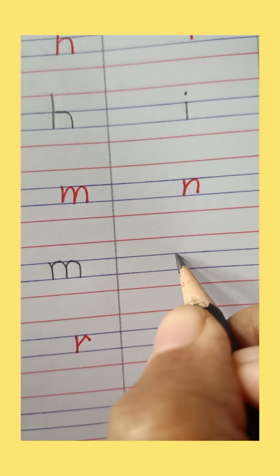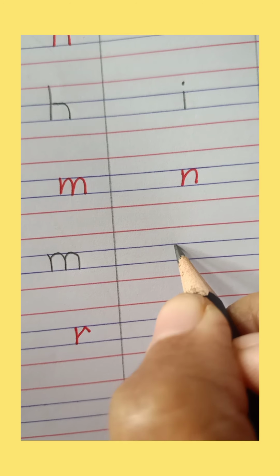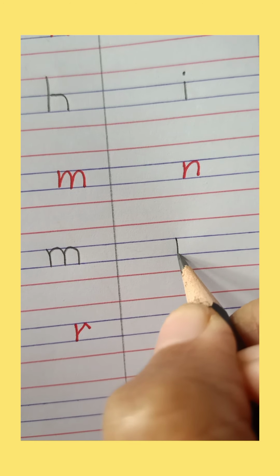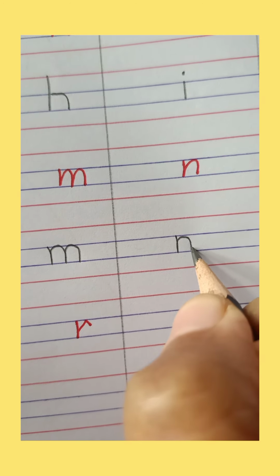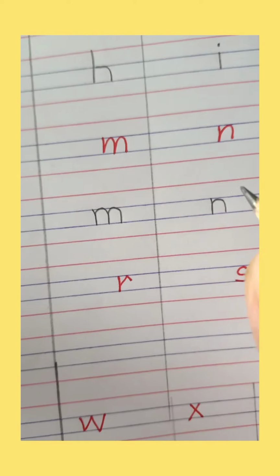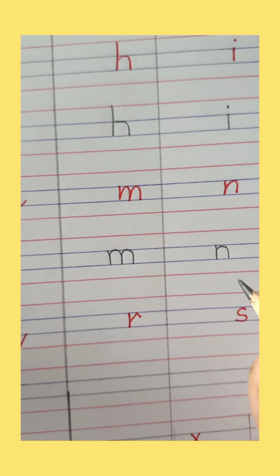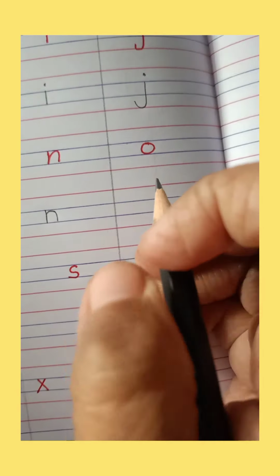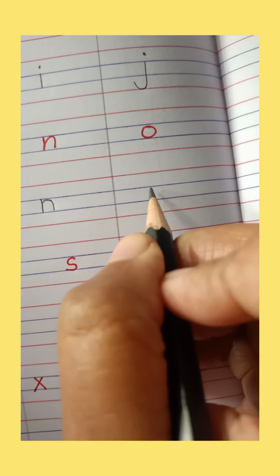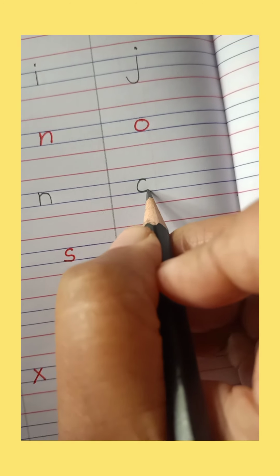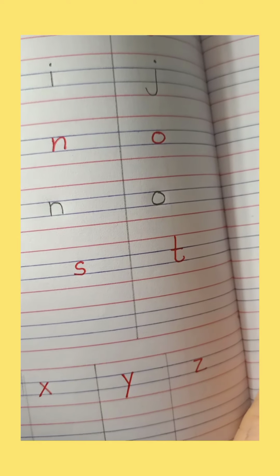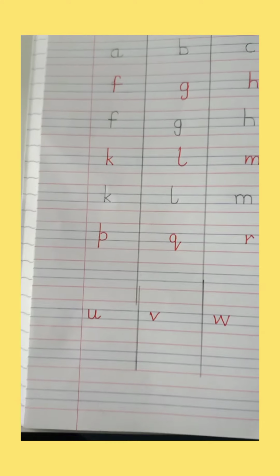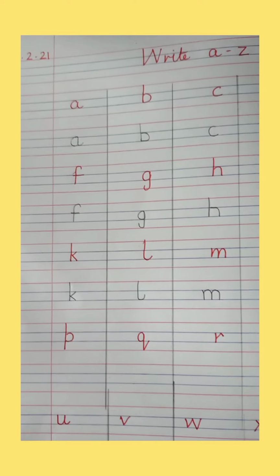Come to the next letter, n. Yes, we have to write in between both the blue lines. We'll start from here, down, up, down. And you all can see now, ma'am is touching the lines. Ma'am लines को touch कर रही है, right? O for orange, and it is very easy. हो गया सबका? Good.